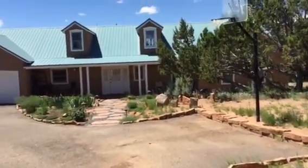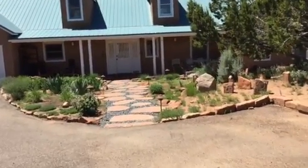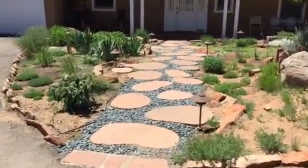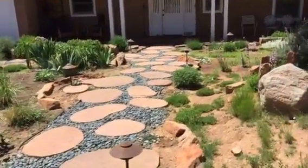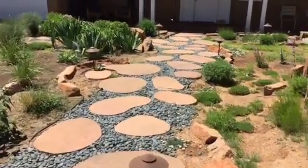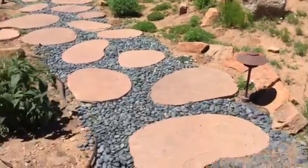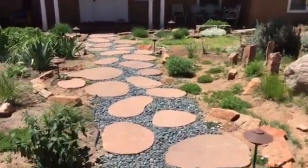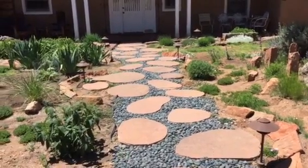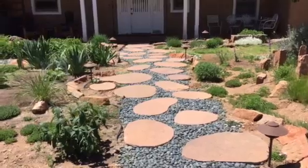We actually did the front over the last 2 years, the more recent project. I put this walkway in. Peter and I discussed it. Peter really doesn't like very many straight lines. He wants everything kind of this organic feel, so we did this. I did all these nice flagstone, and I don't know if you can see from the top, but it's got these 3 little curves of rock. And last year we installed those nice mushroom lights, and